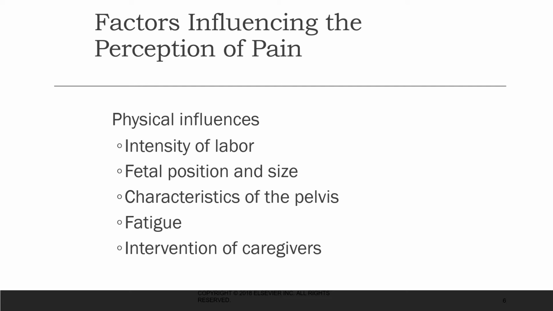How well the woman's pelvis can adapt to the baby matters, and they may have determined earlier in her pregnancy that her pelvis does not lend itself to a vaginal birth, which can happen with maybe congenital issues and so forth. And so they may decide early on that they're just going to schedule a C-section. So those are all other things. Fatigue of the mother. The mother gets tired. She's been doing this a long time. She wears out. And then, of course, the interventions that we give to our patients,